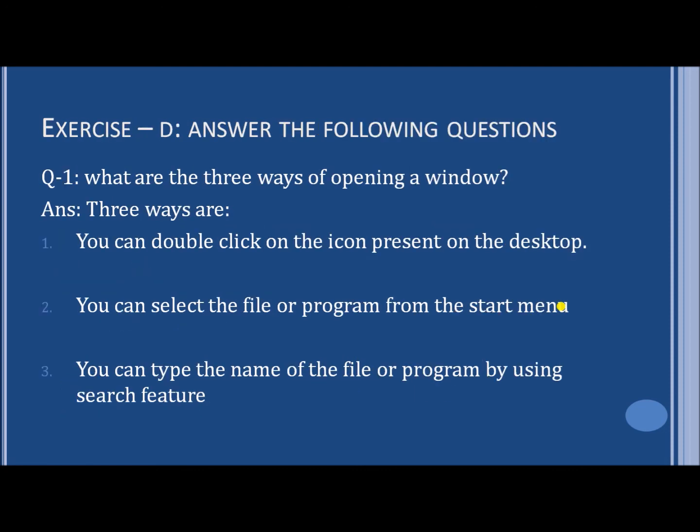So dear students, that was all about the theory of that chapter. That was all about the text of your chapter. Now we will discuss the questions and answers of the exercise and MCQs and filling in the blanks.